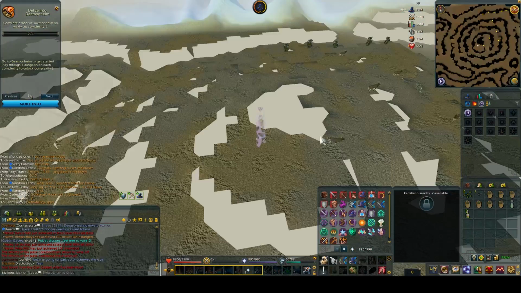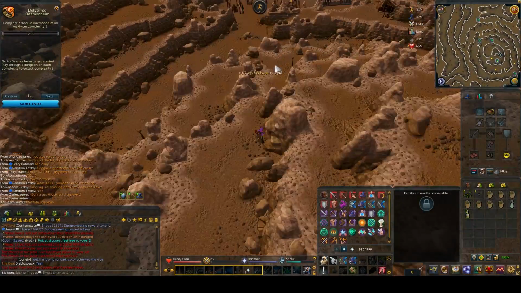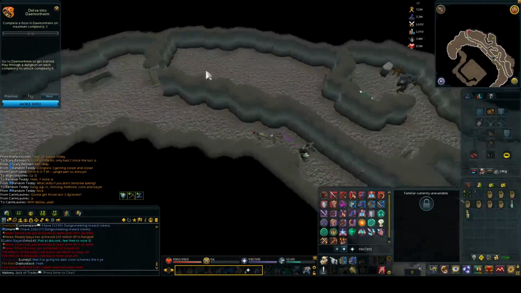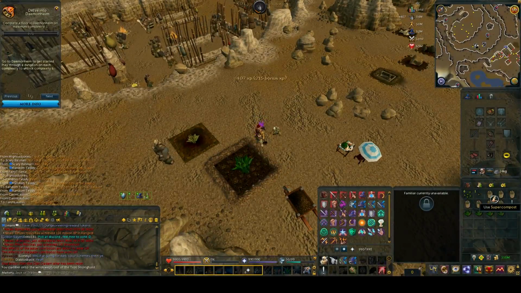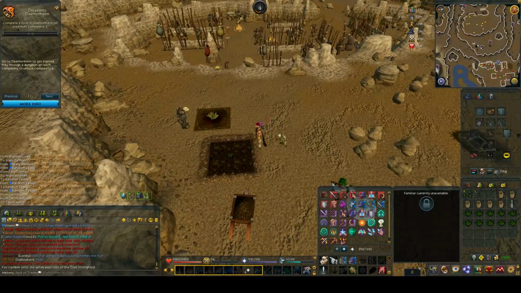The first patch I go to is the one in Trollheim. If I teleport to Trollheim, I can run all the way there through the cave and up to the patch before I actually start my Juju potion. This way I can save the most amount of time, as this is the longest one to get to. So once I get to Trollheim, I pop my potion, harvest the herbs. Once I finish harvesting the herbs, super compost, herb in there, and then it's using my ectofungus to get to